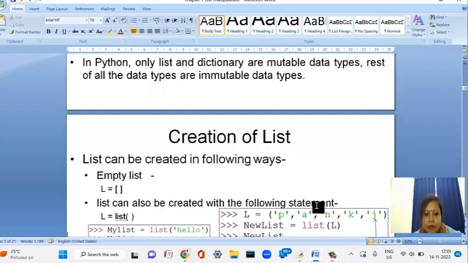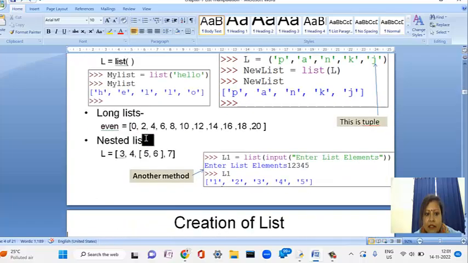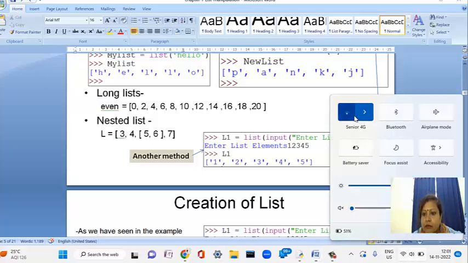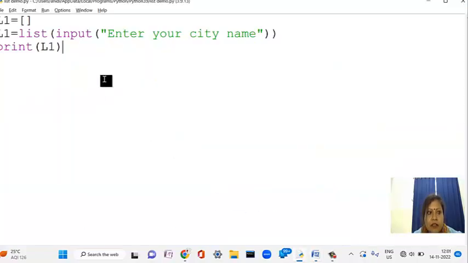Creation of a list with empty elements with the help of the list function, I have already discussed, and then the nested list. A nested list means when a list is present within another list, which is called a nested list. Okay, let me first turn off my Wi-Fi. Okay, a list within a list. How to create this type of list? Come here, and then